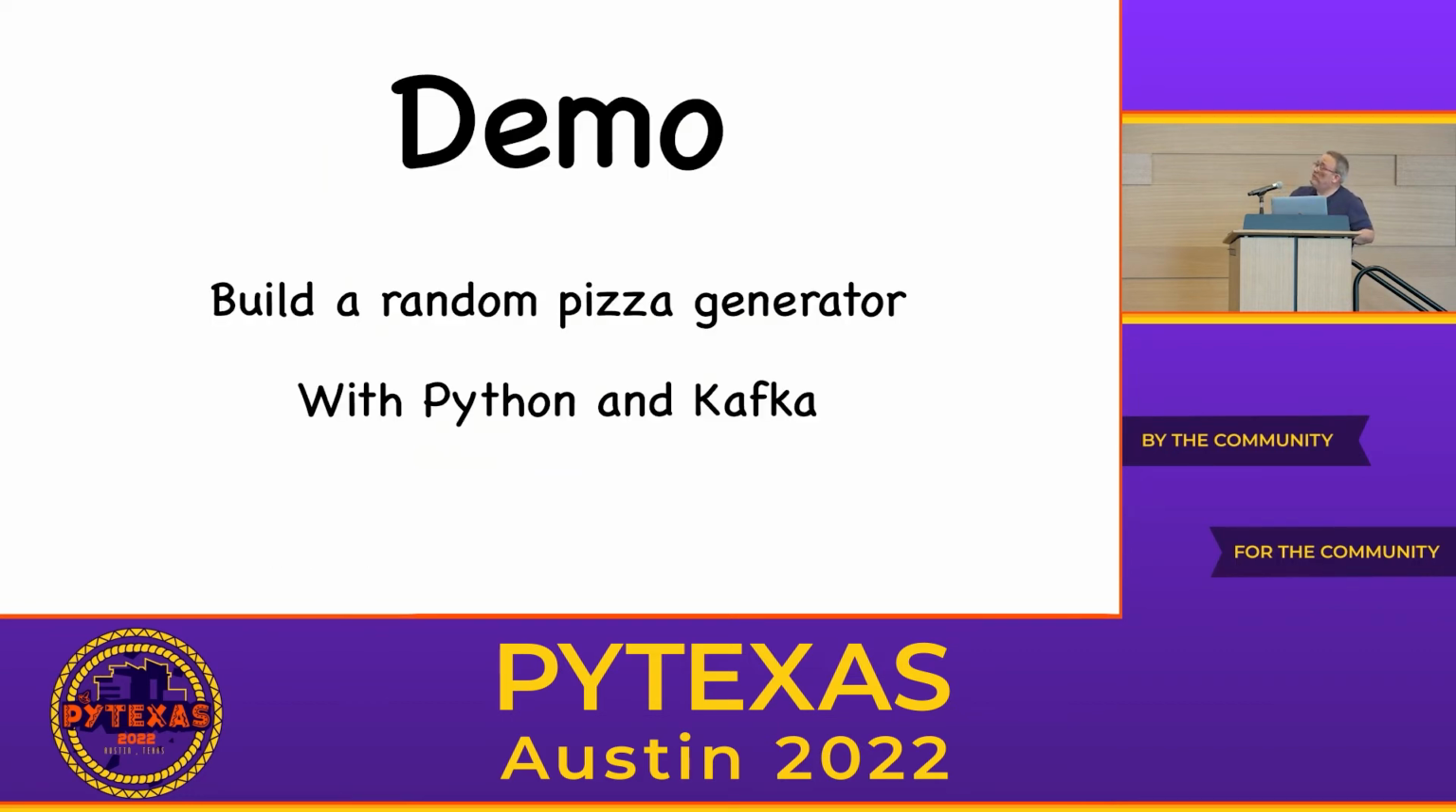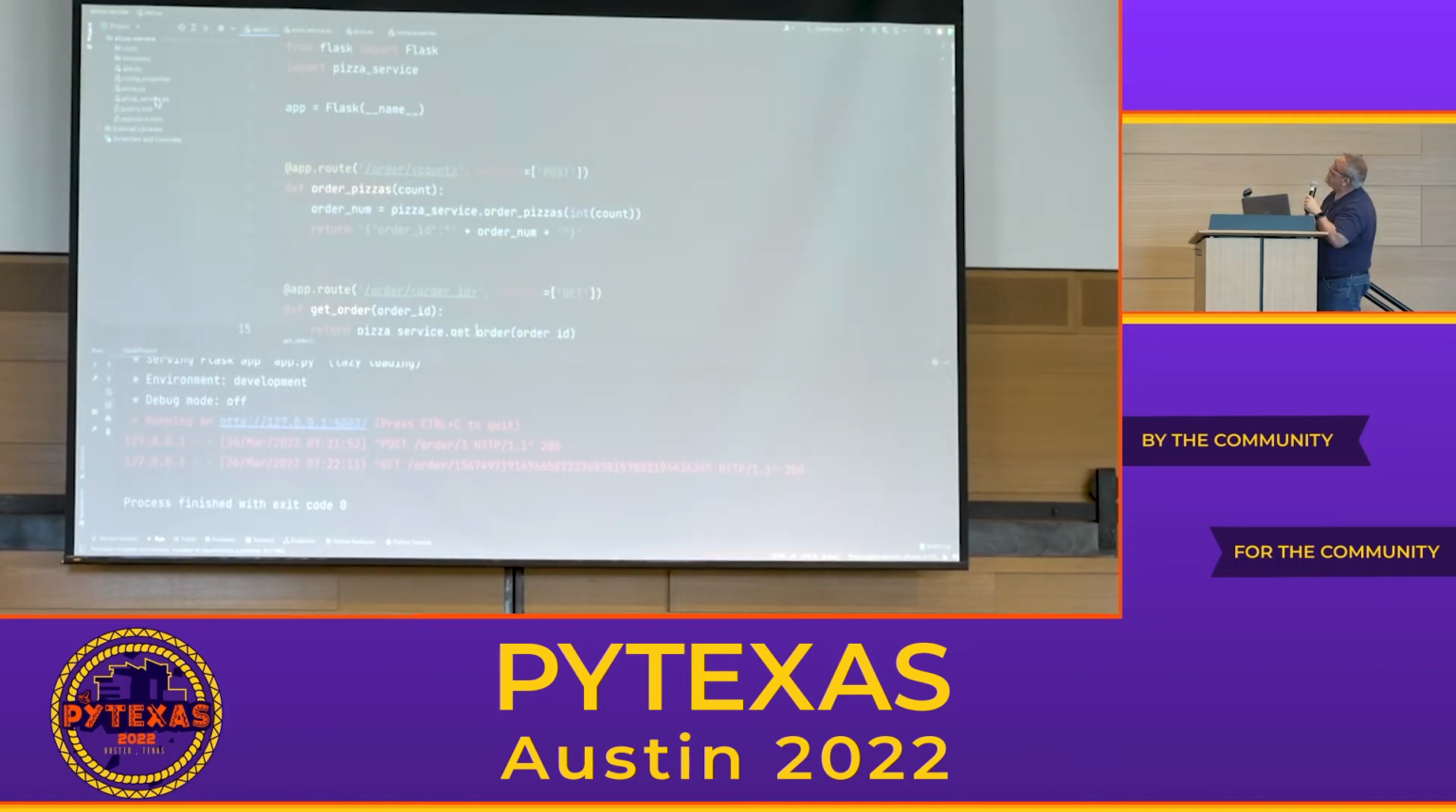All right, a demo. We're not going to build this because it's actually built and we don't have much time here, but we're going to take a look at a random pizza generator written with Python and Kafka. So here are my two endpoints. This is for ordering a pizza, or placing an order for pizzas, and we're going to generate these pizzas randomly. So this is going to call out to our pizza service,